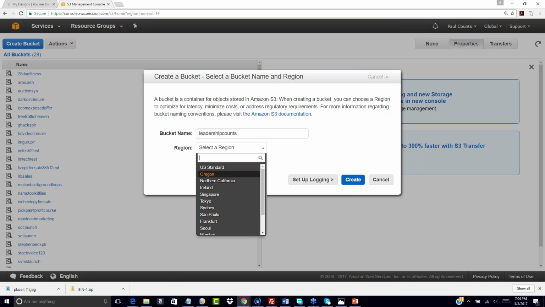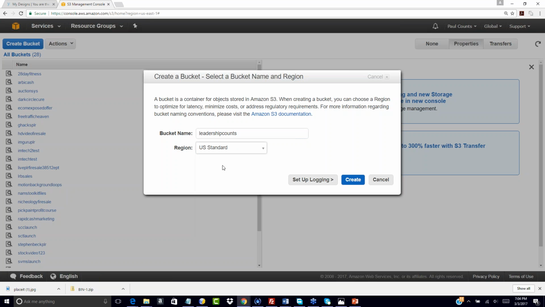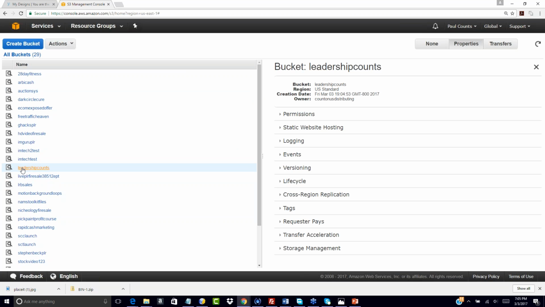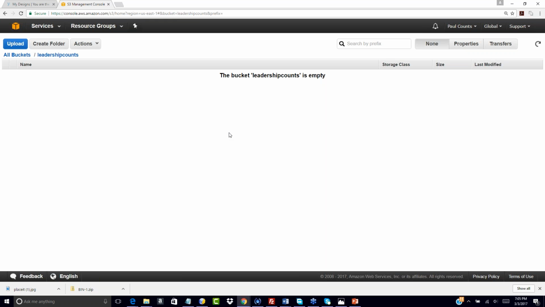And then I'm going to select my region. Typically it's US standard, but you can adjust it later. That's not as important, but oftentimes just go with the US standard. And then choose create bucket, and then click in here. Now it was easy for me to log in because I already have an Amazon account. If you do not have an Amazon account, then you need to create an Amazon account and then go through